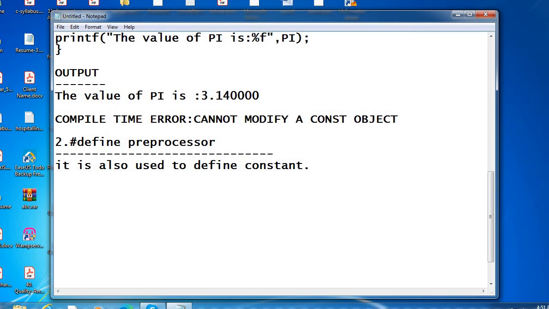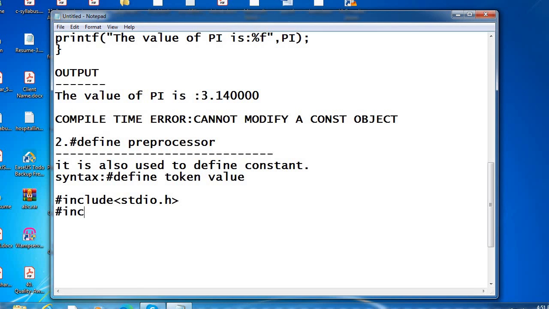If you see one example, you can try it with this syntax: #define token value. For example, #include <stdio.h>, #include <conio.h>, then void main.